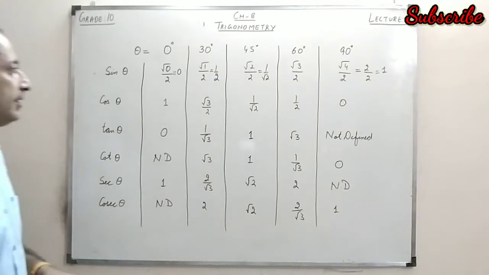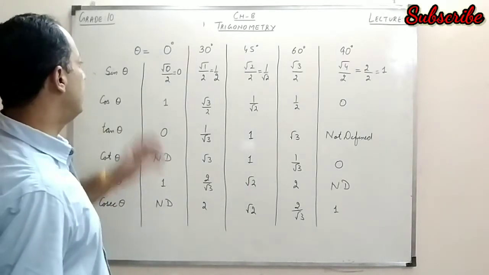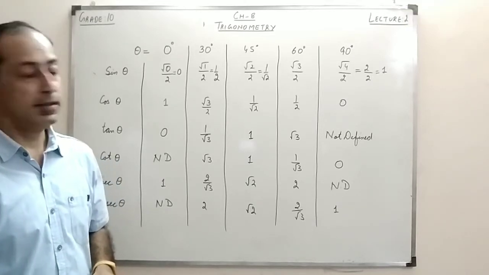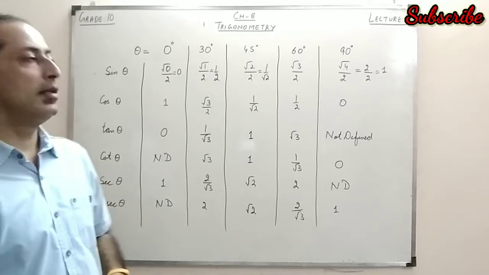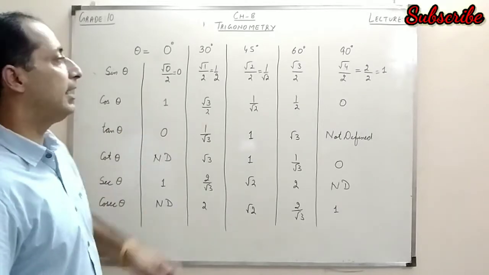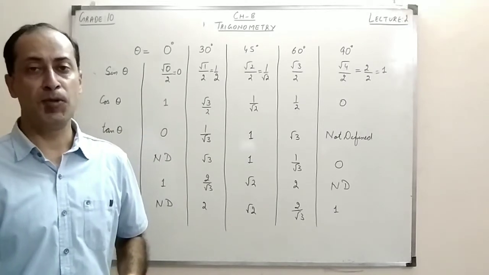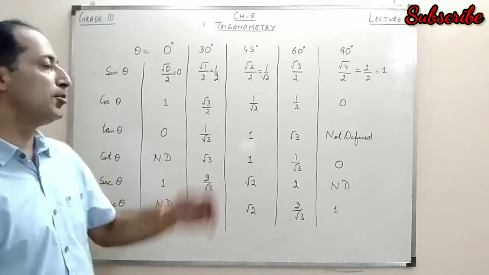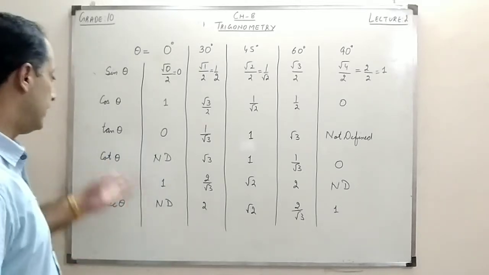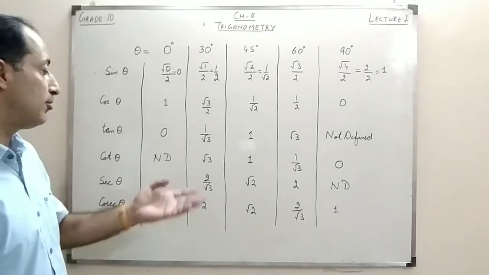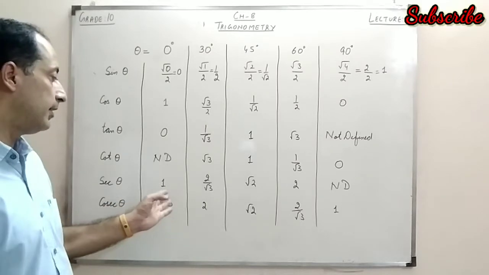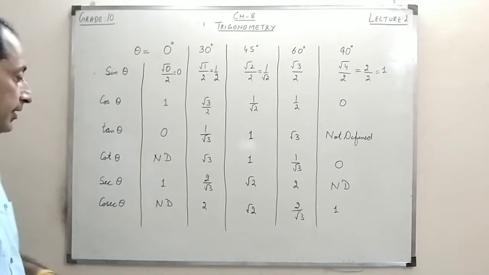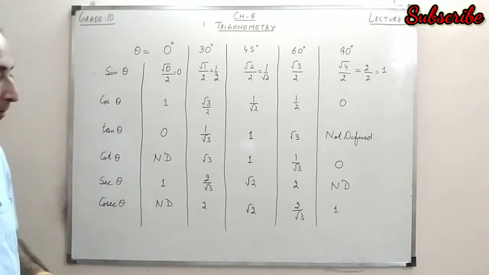Right? Now from here you can see one thing, that the value of sine and cos always remains between 0 and 1. It is never less than 0 and more than 1 for the angles between 0 to 90. In the same way, the value of tan theta ranges from 0 to, you can say, infinite. In the same way, cot is from infinite to 0, the value of secant theta cannot be less than 1, and the value of cosec theta also cannot be less than 1, right?